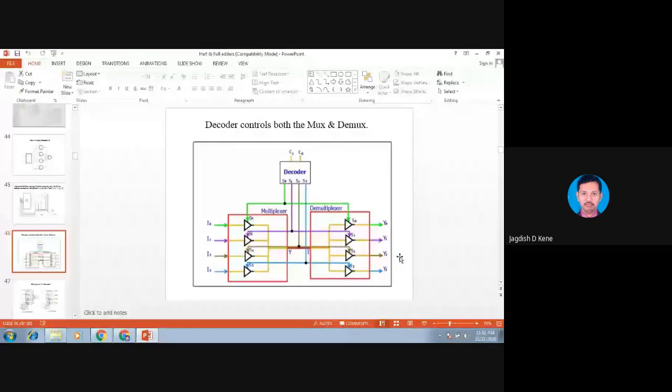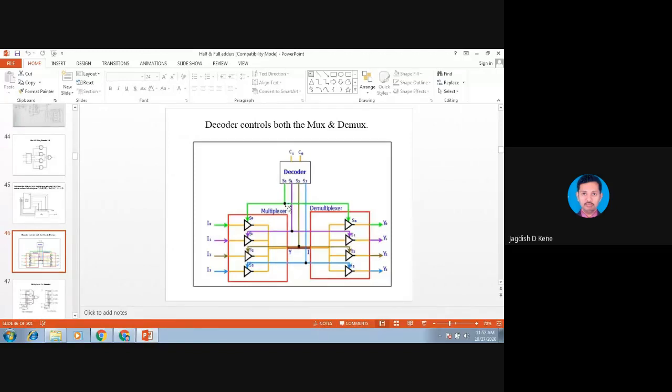By using the outputs Y0, Y1, Y2, Y3. See here, Y0 is connected to S0, Y1 is connected to S1. Those are the select lines of the internal multiplexer. So when it is 0, 0, what will happen?